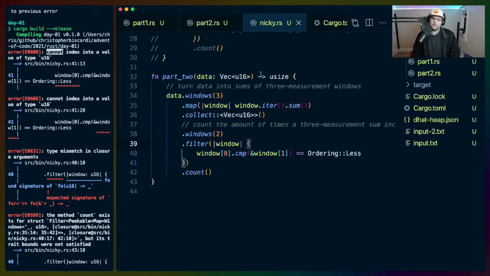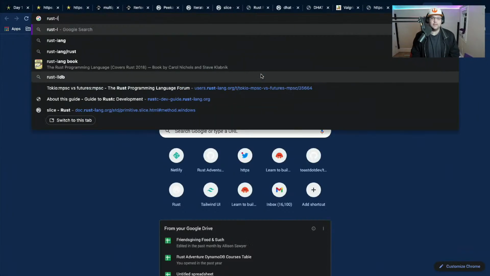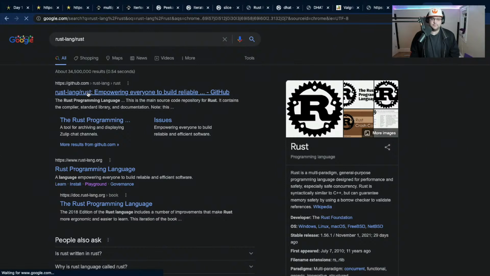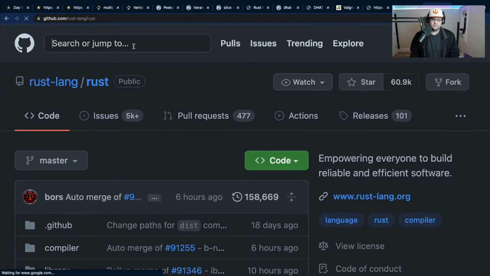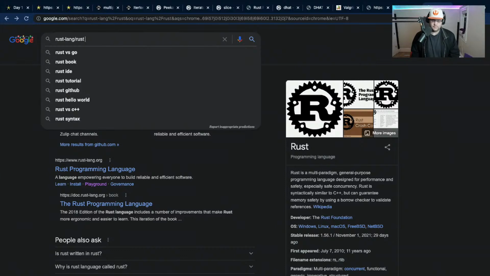It's interesting that windows doesn't exist for iterator. I wonder if we could find that in like a Rust RFC somewhere. Let's do RFCs.